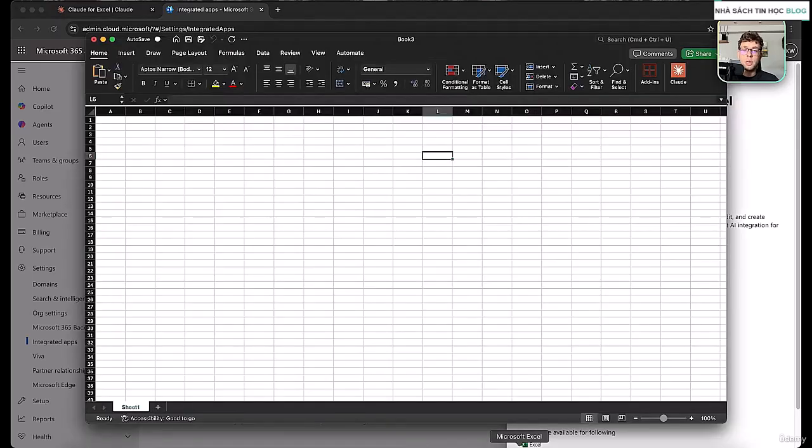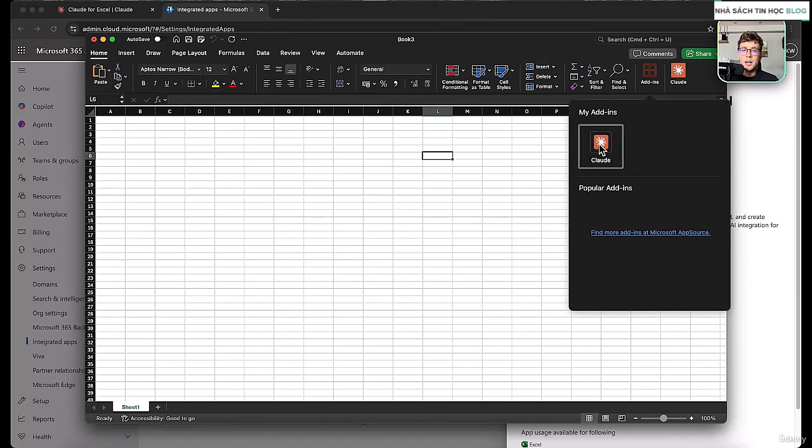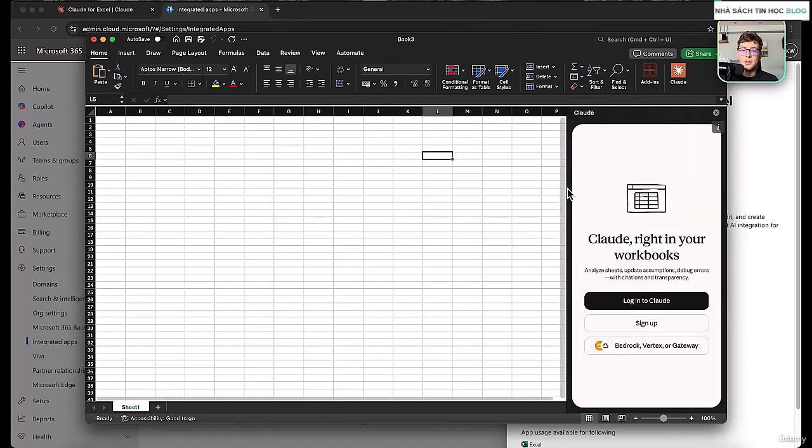So once you go to the application and you click on Add-ins, you should be able to see the application itself. When you click on it, you need to log into your account, and from that moment, you're able to use Claude. Also, you need to remember, at the moment of recording this video, this feature is in beta mode, so maybe if you're watching this later, now it works better.